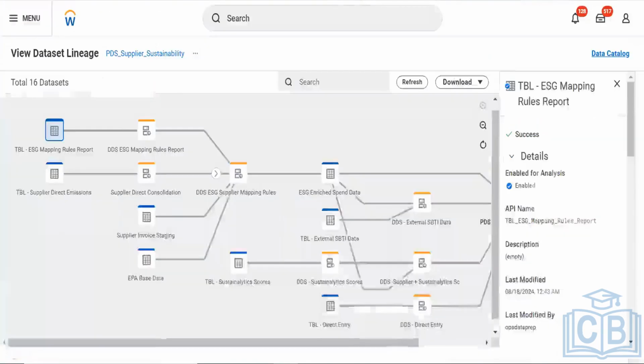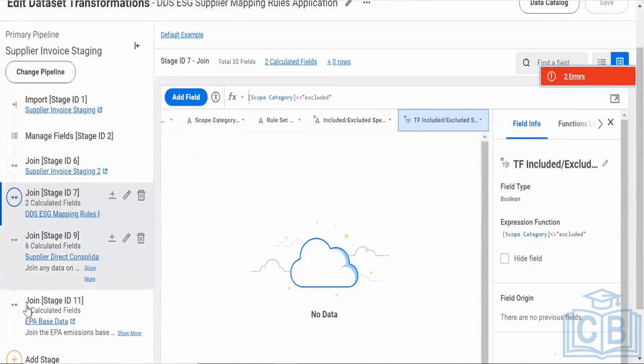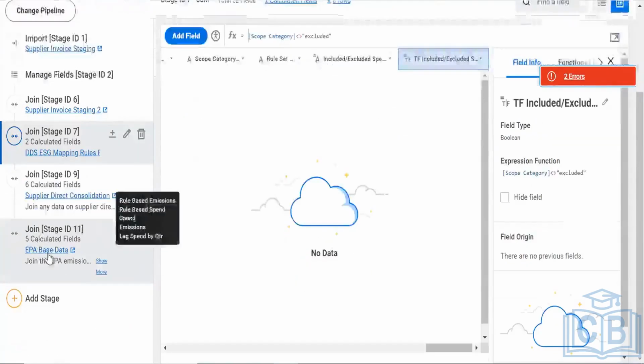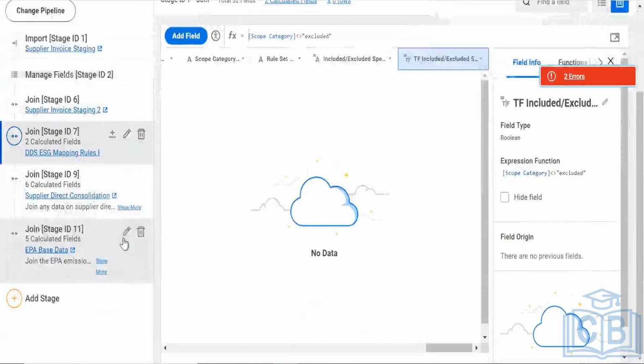I'm just giving a high level picture of how we analyze it. First of all, we analyze the lineage. Secondly, we go into lineage and understand how the data is being connected and how the working is being done. Sometimes the manage field you will find in some of the lineages, that manage field will be there in the beginning of the transformation, and derived dataset at the end. Why?